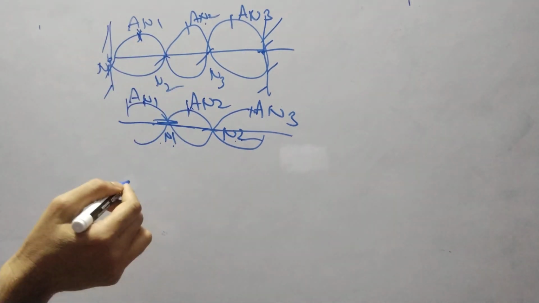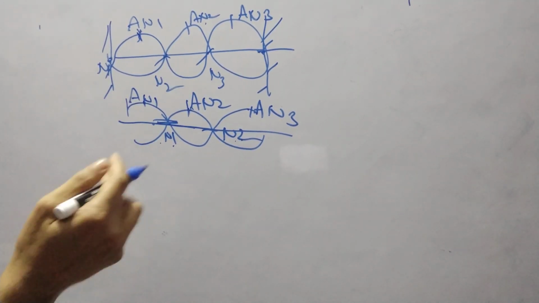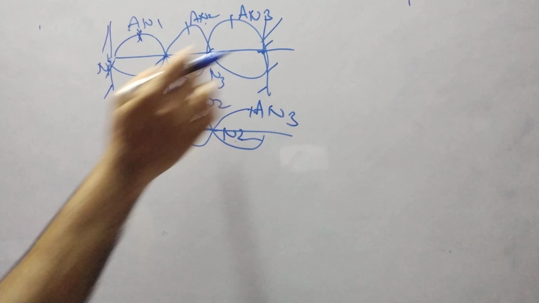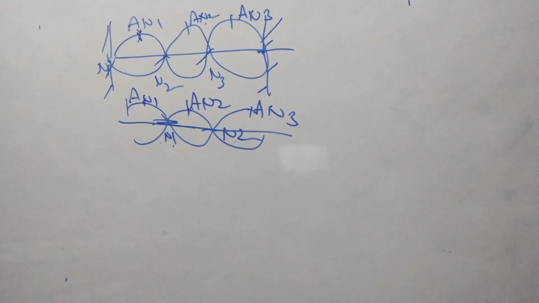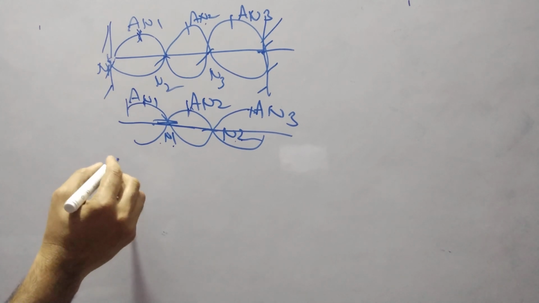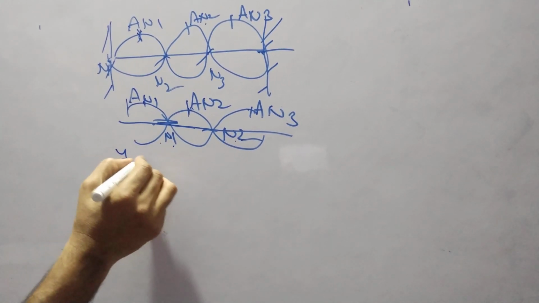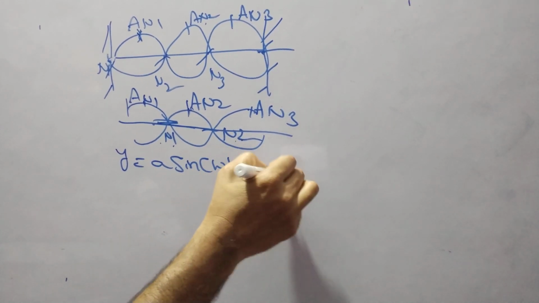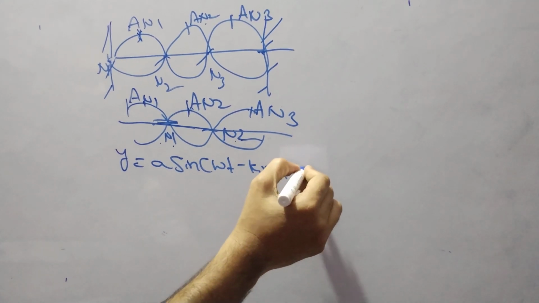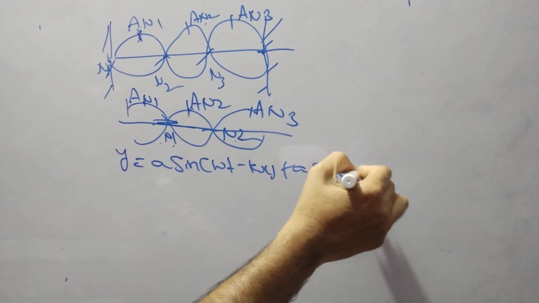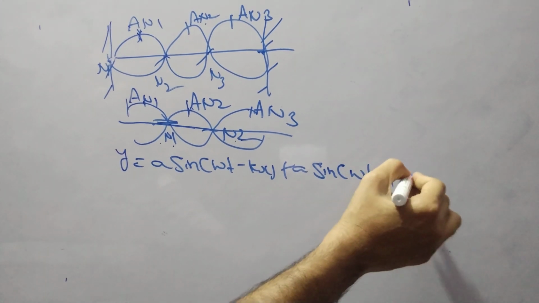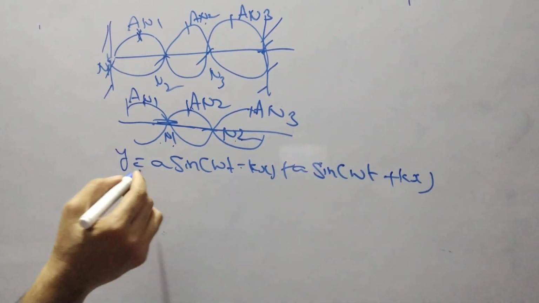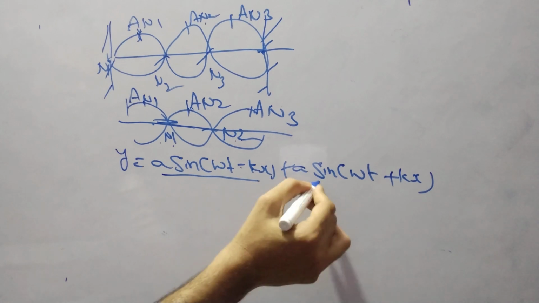Right. Now we will derive a general equation, so that by putting the values of n equal to 0, 1, 2, 3, we can get the nodes and antinodes, whichever I showed in the figure. So for this one, superimposing of the two waves, that is y equal to a sine of omega t minus kx plus a sine of omega t plus kx. This is for the free end. Already I wrote two equations. Now this minus x, minus kx, will become plus kx. So superimposing means I am adding these two, right?